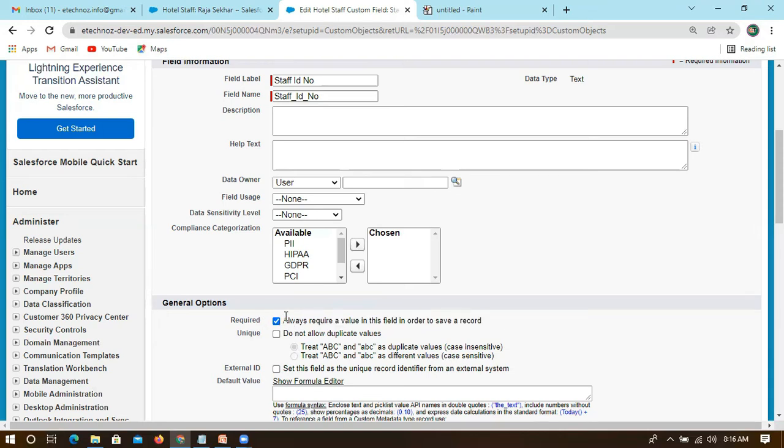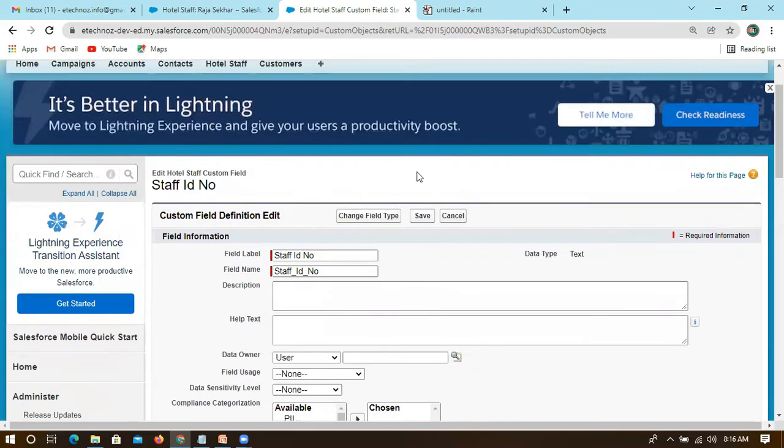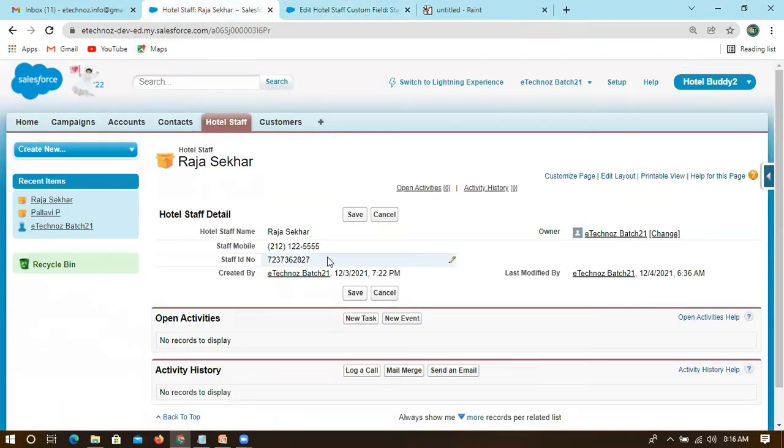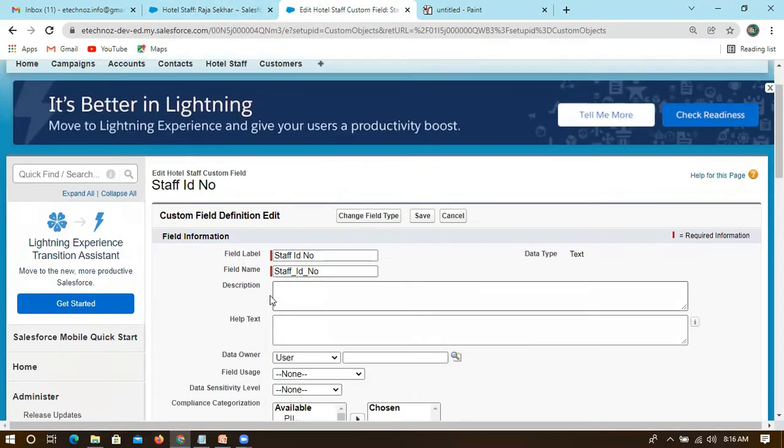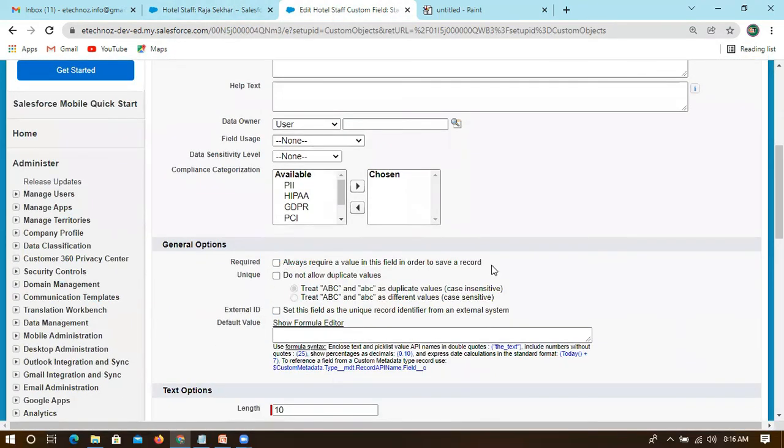But anyway, you guys identified it, and we can see it on the page. I appreciate it, but this is not the way we have to go. So what is the way? If you select it here, it will be available for all profiles, meaning all users using that profile. So instead of that, let's remove this.